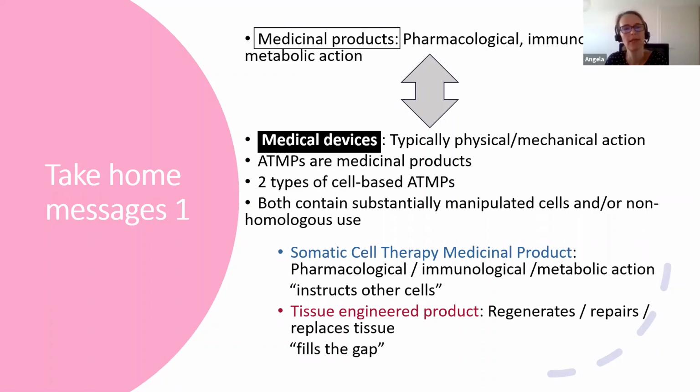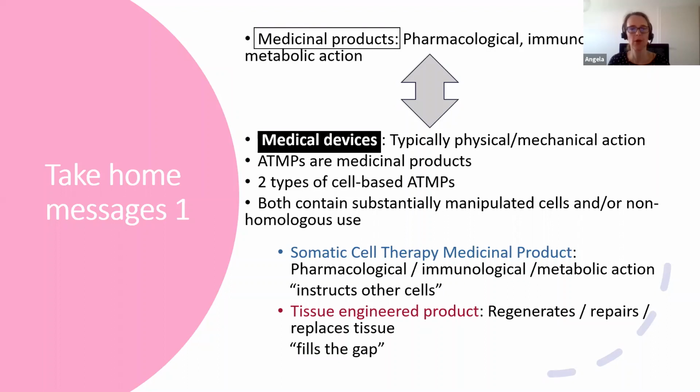We found out that ATMPs are medicinal products, and that there are two types of cell-based ATMPs, both containing substantially manipulated and/or non-homologously used cells. The distinction is that the somatic cell therapy products act via this pharmacological, immunological, metabolic action, which is characteristic for all medicinal products. So they do instruct other cells, they instruct the body to heal itself in a way by providing the correct